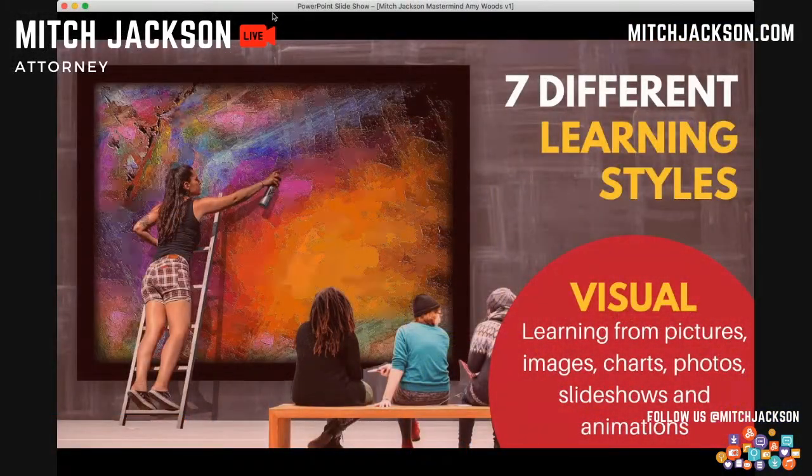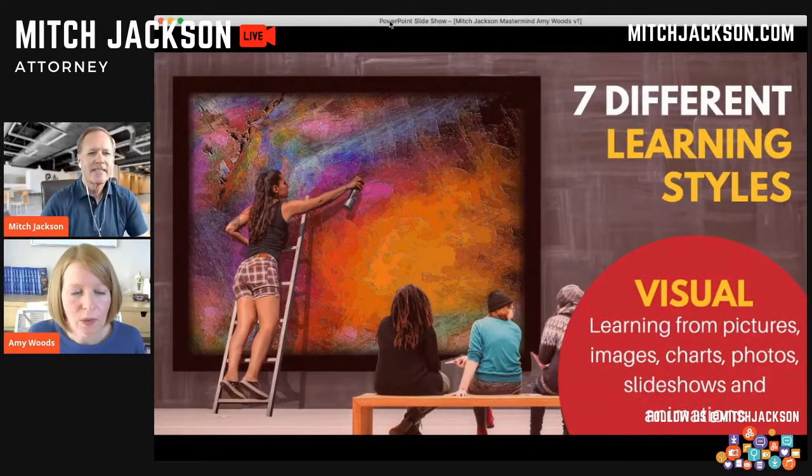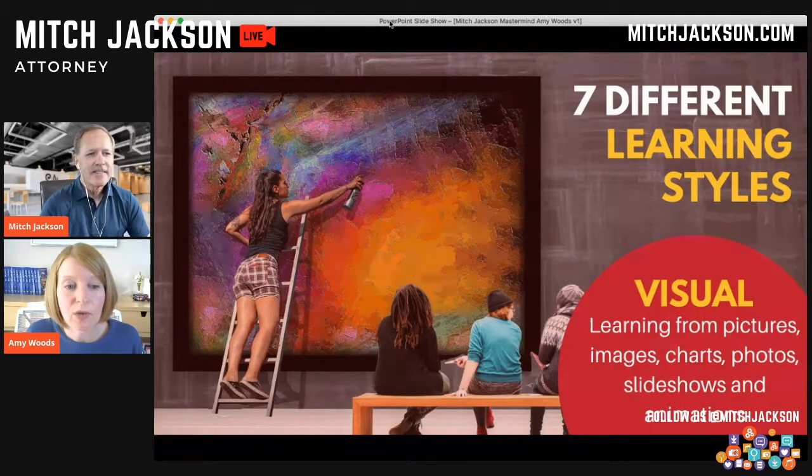So there's 7 different learning styles, and when we are creating content, we're always thinking about this. We're thinking about the different learning styles and how we can try and connect with people, because we all learn differently and we all connect with content in different ways. And it's definitely not to say that if you only create a certain type of content, you're only going to connect with people who prefer that. So, if you only ever create podcasts, I'm not saying you would only ever connect with people who prefer to listen, but you'll establish a deeper connection